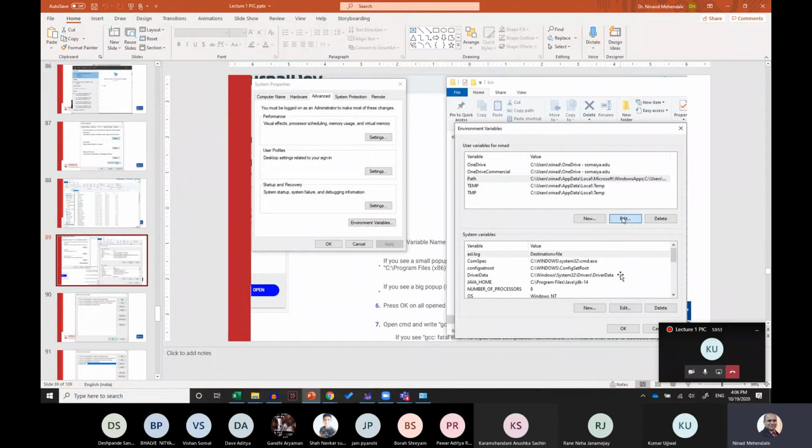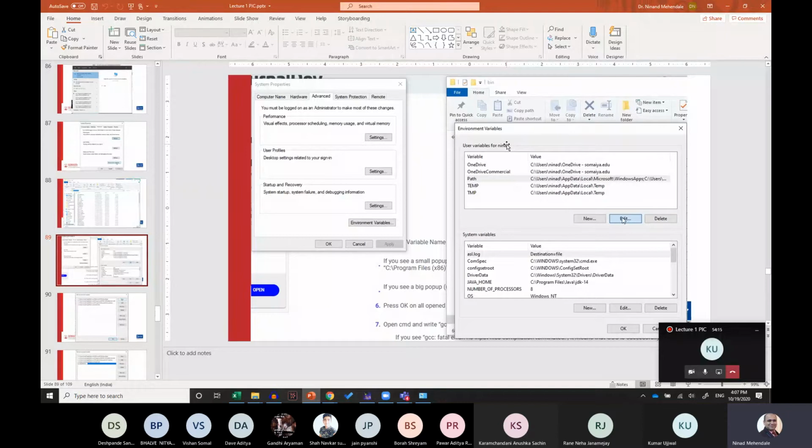Okay. Now, there might be a path variable already existing over here. If not, you have to create a new one. If you have installed any other programming language on your PC, you might see a path variable. Now, this user variable will not be Ninad on your screen. It could be something else.